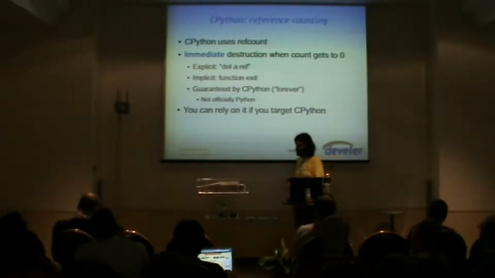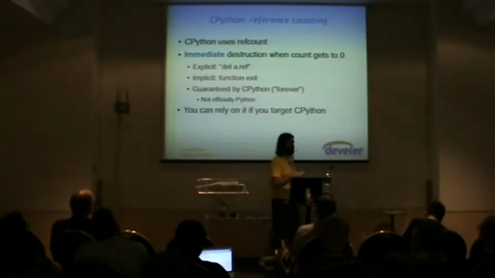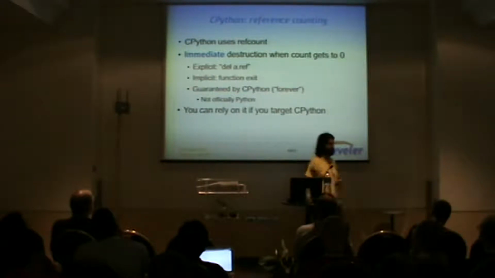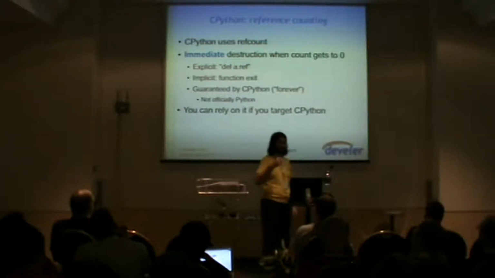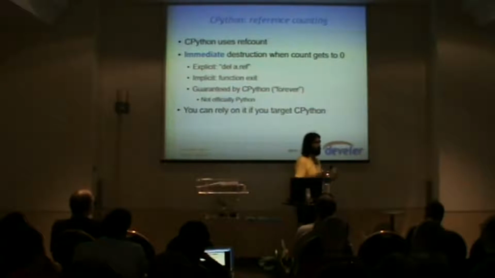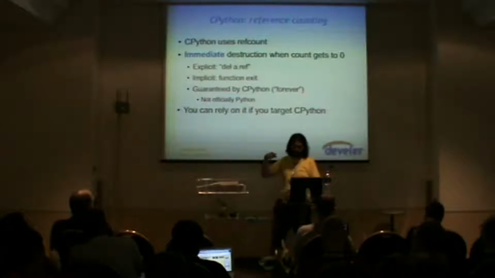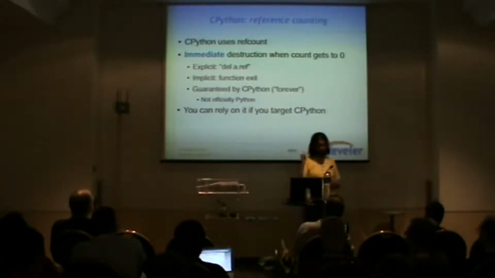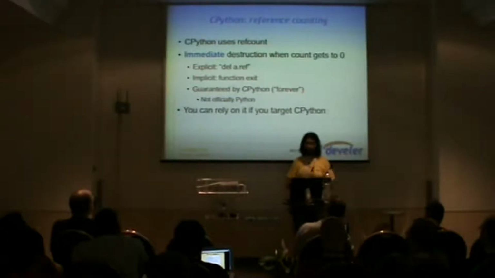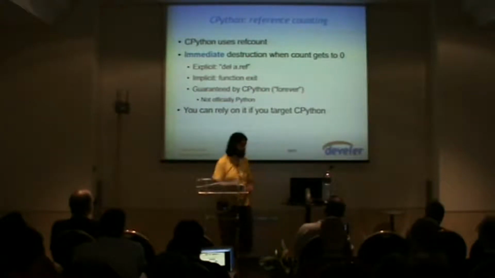With reference counting, CPython keeps track of how many references there are to an object. When this counter goes to 0, it deletes the object. In CPython, when the reference count goes to 0, the destruction is immediate. So it's not like Java, where there is a background collector going on. In this case, we are thinking of reference counting, so when an object's count goes to 0, it's immediately destructed. You can trust this feature of CPython. It's not going to change anytime soon.